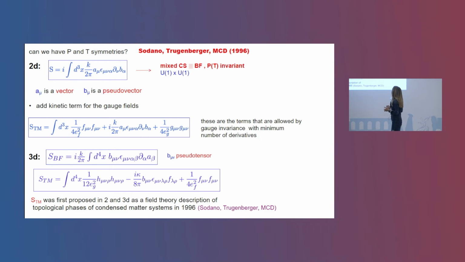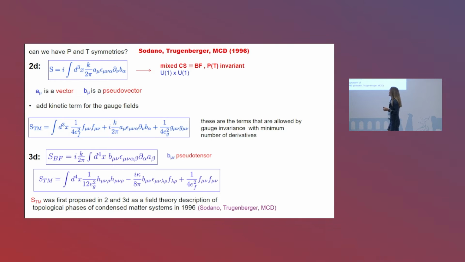So my film, the system I start with, is a system that doesn't break P and T. So can I use this topological mechanism by having P and T symmetry? Yes, I can use this topological mechanism. And the way I can use it is if I write this Chern-Simons term, now here I write